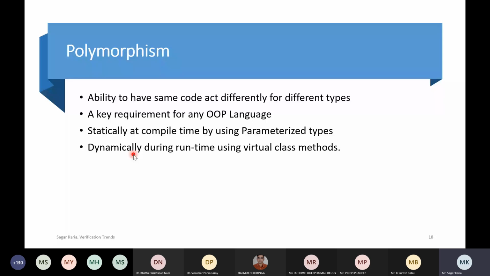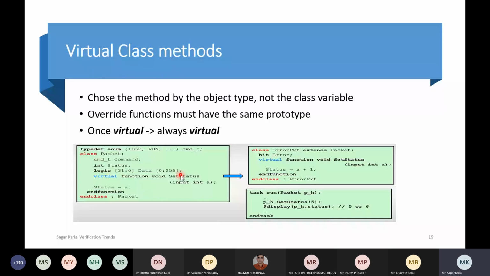So that is what I'm going to show here. Okay, so the override function: when I have a virtual method inside my packet or my parent class, set status, you need to declare it as virtual. Okay, and when the class is extended,